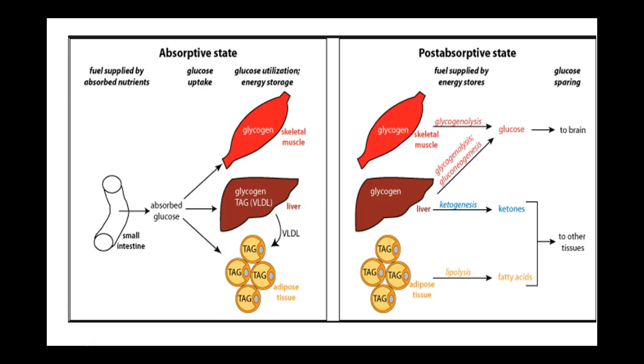Now here's a nice overview. When you're absorbing nutrients, there's plenty for the cells, so anything that's left over is going to be stored, put in the stored form, whether that be skeletal muscle, liver, or your fat cells. And then in the state where you are low on blood sugar, the opposite is going to happen. Your stored form is going to be released into the bloodstream, but if you end up using